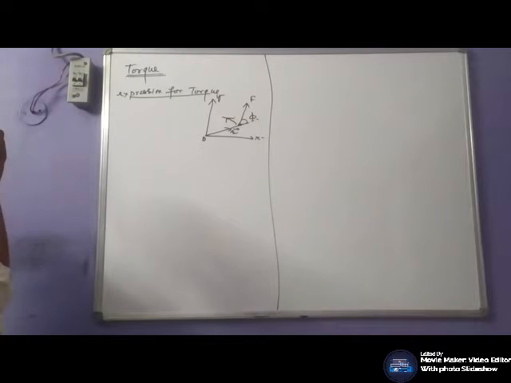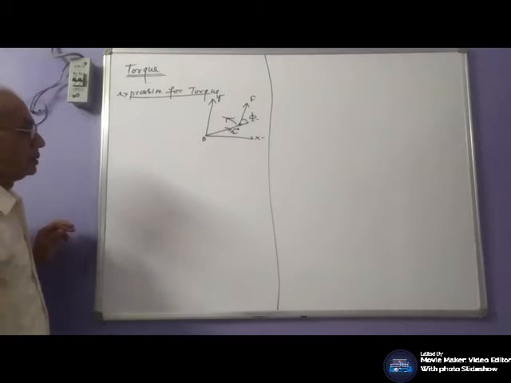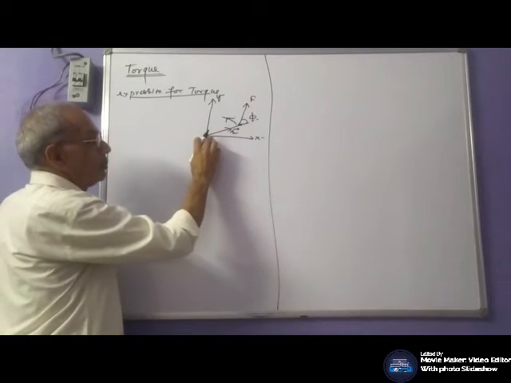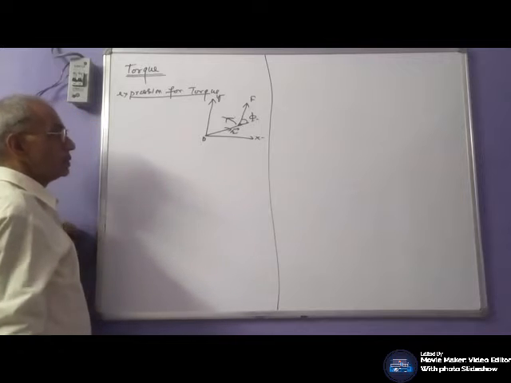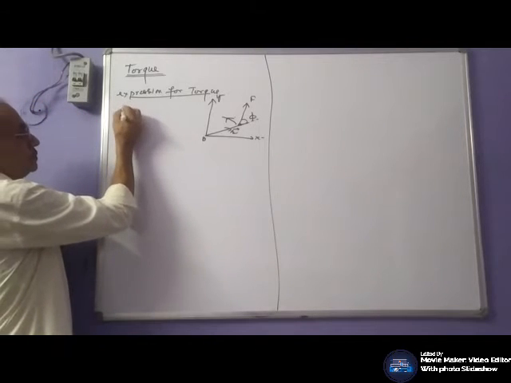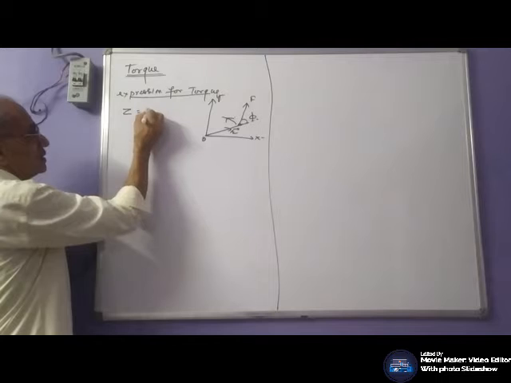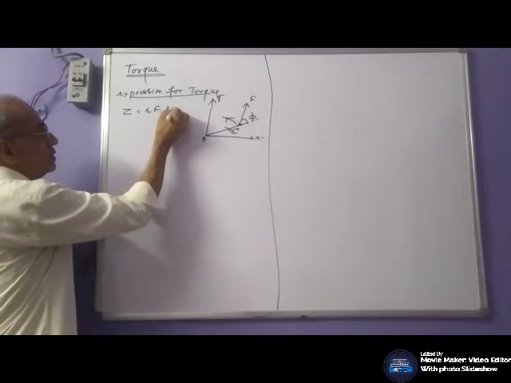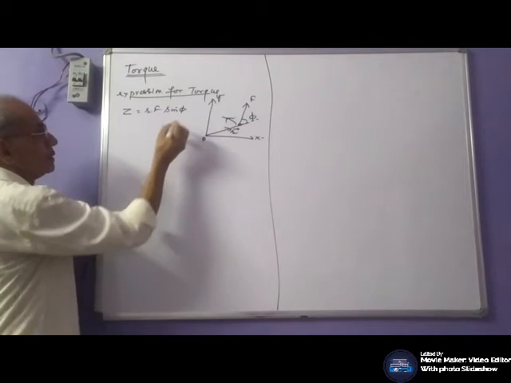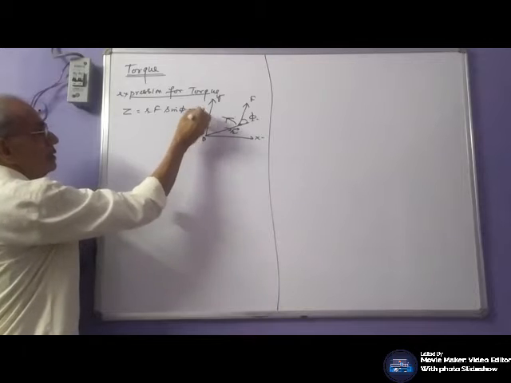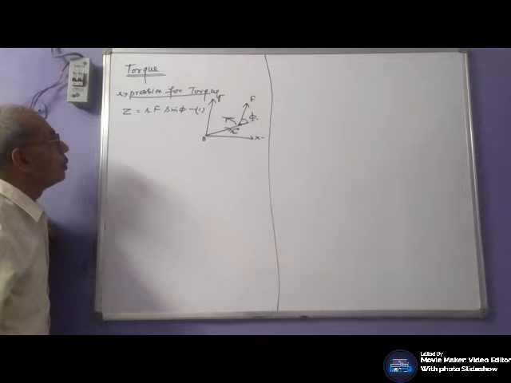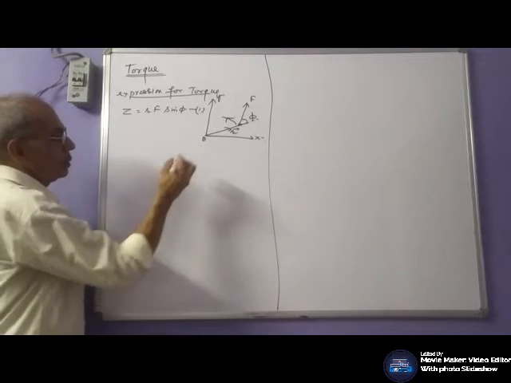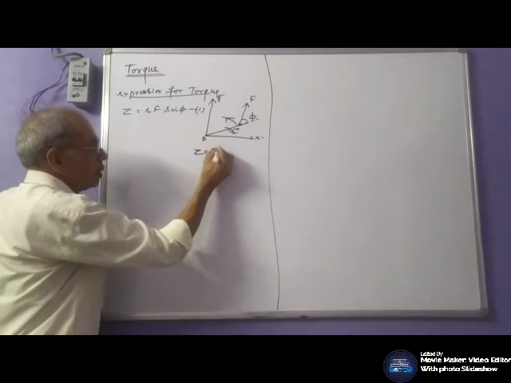Torque. When a body rotates about any point, then there will be what? Torque. The expression is RF sin phi. Derivation not required. When we derive, this will be torque, where tau is torque,